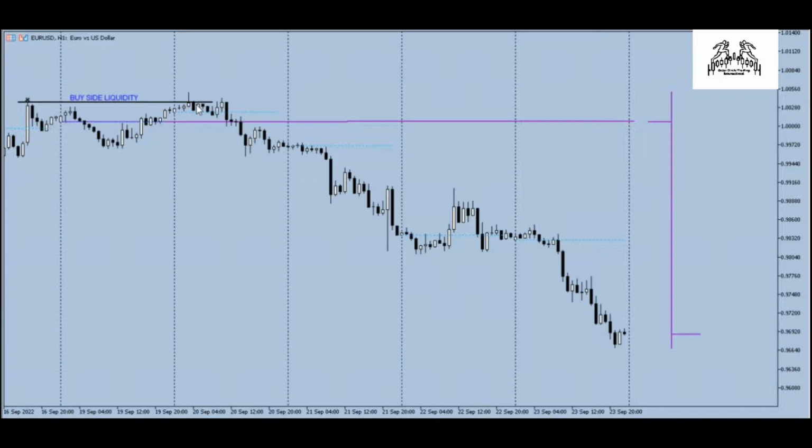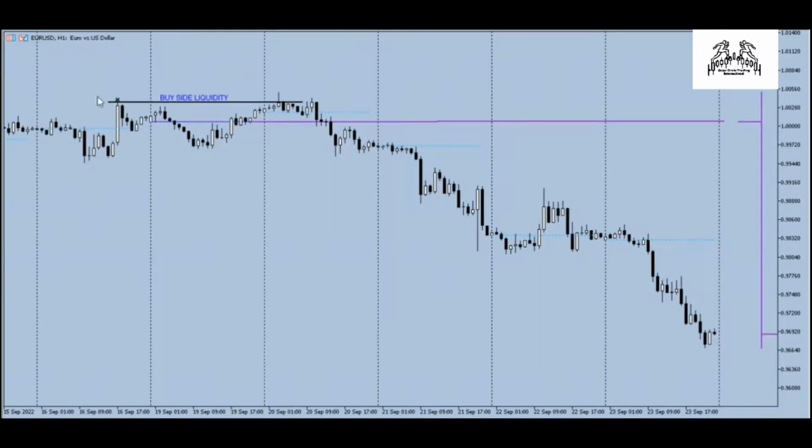So it's an area of supply, an area of overbought, an area of premium. That's where selling happens above the Sunday opening price. So we said when the market opens Monday, Tuesday, or Wednesday, price is trying to reach for something. So you have to highlight and mark the area where price is trying to reach, of which